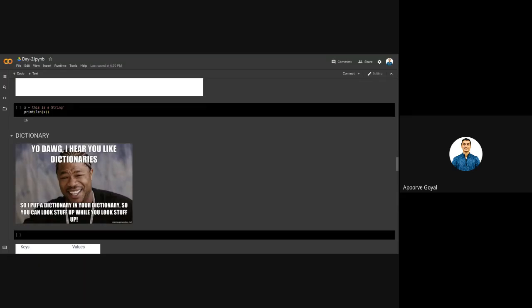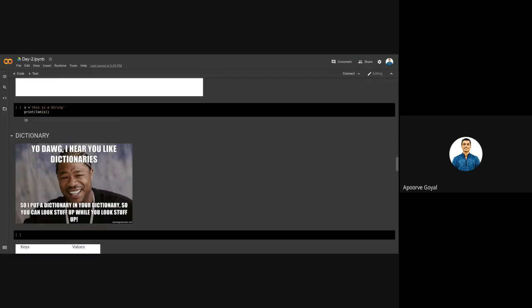Okay, so that is a key, and the meaning of that word becomes a value. So a dictionary works on the basis of key-value pairs. You have a key, and for each key you have a value. To explain it in a better way, let us compare it with a list.